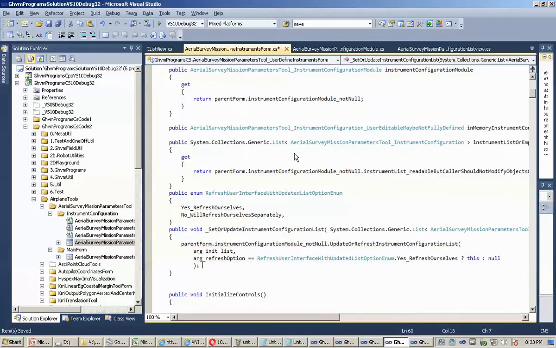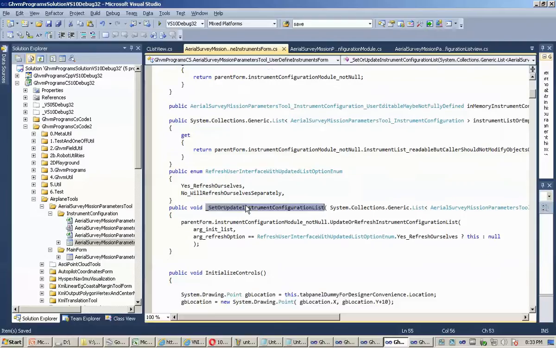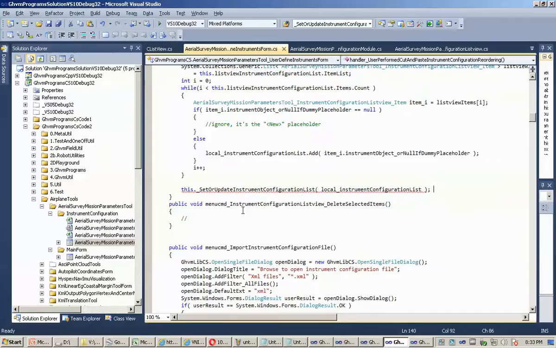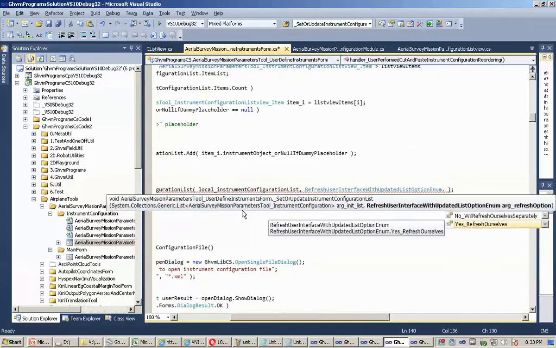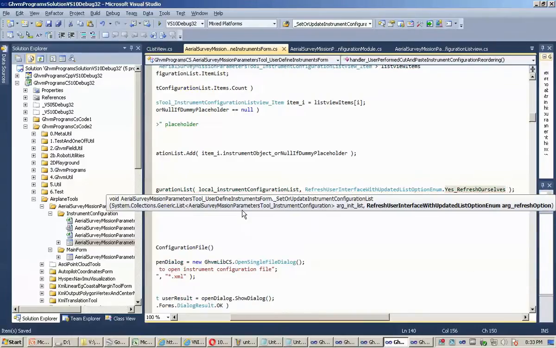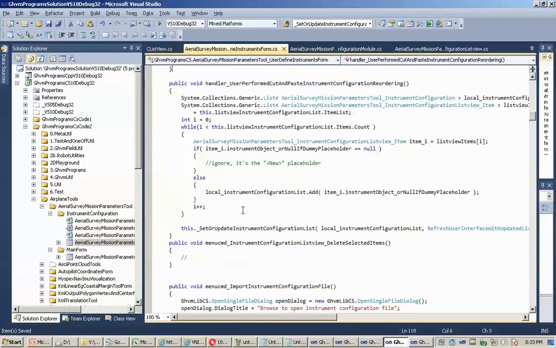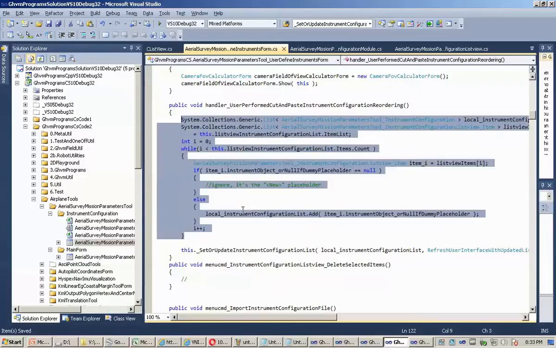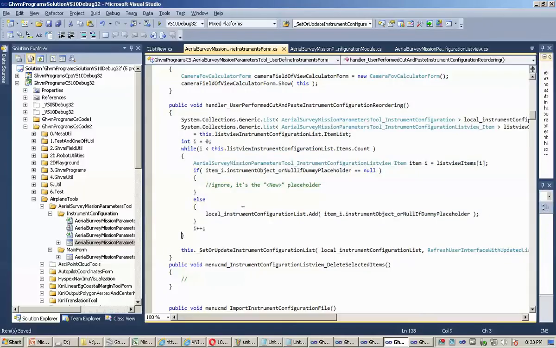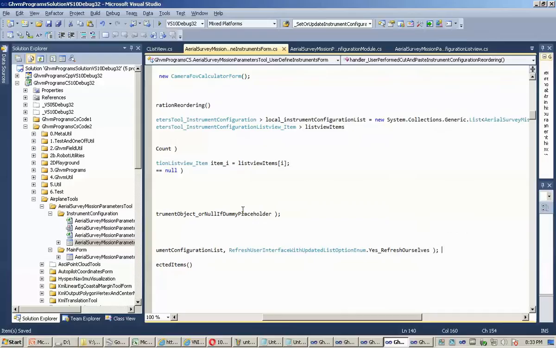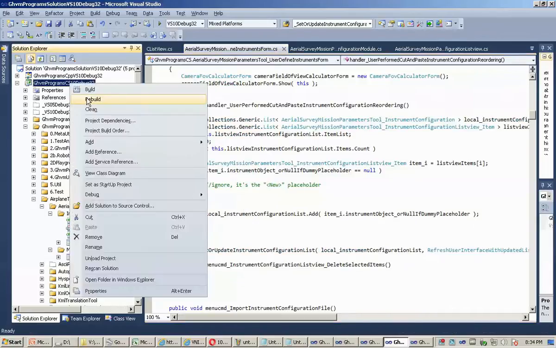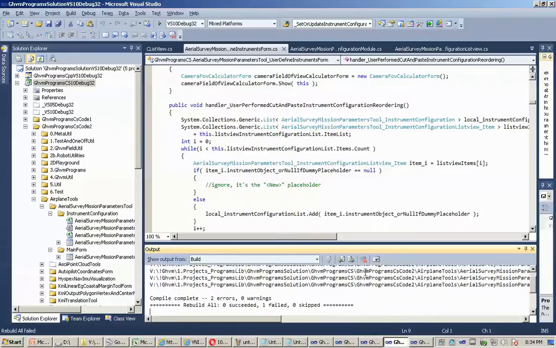So that's basically that. And then where we call this, in this case, go ahead and refresh ourselves as well. Because the user has reordered things on the user interface here, but he may have done so in a way that was somewhat invalid, such as the new instrument configuration might not be at the bottom anymore. So we want to do a full refresh, and everywhere else